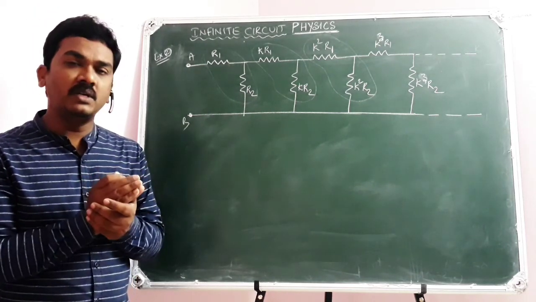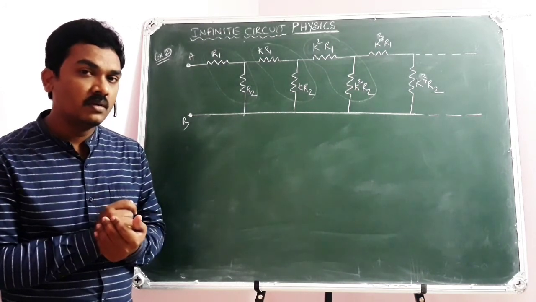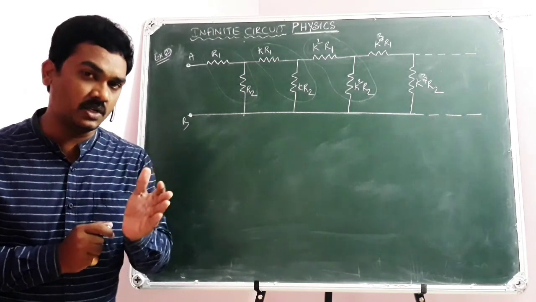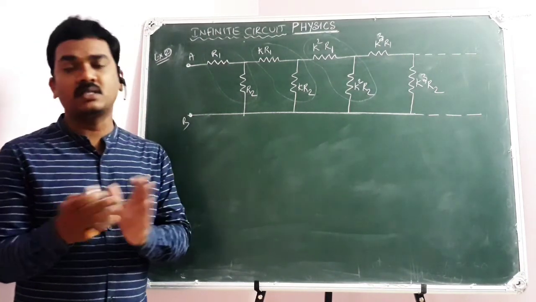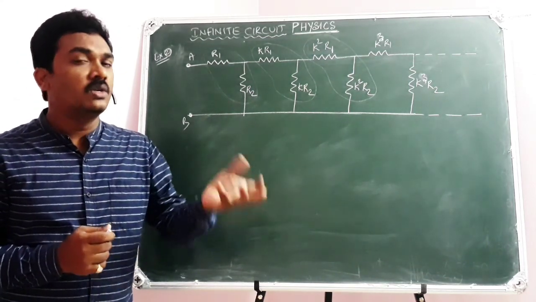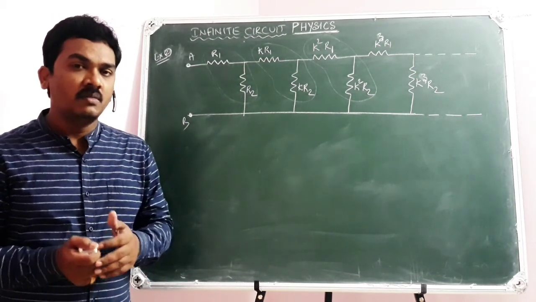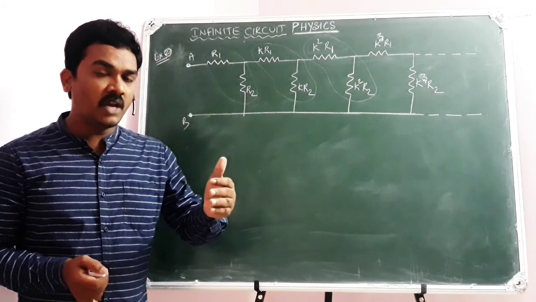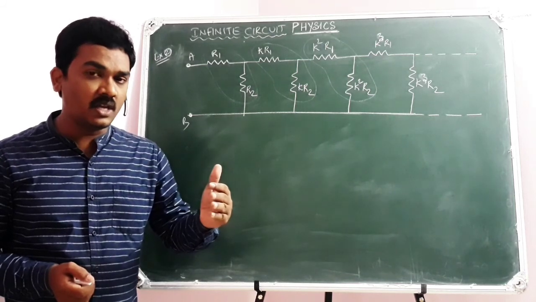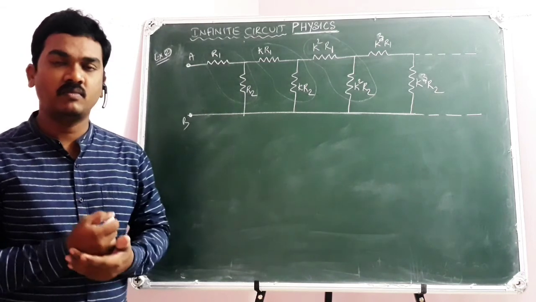Now, in that series combination, everyone is multiplied with K. Then equivalent resistance equal to KR1 plus KR2, then K of R1 plus R2. Means, compared to the earlier value, R1 plus R2, now the equivalent resistance increased by K times, K of R1 plus R2. Means when R1, R2 in series, equivalent resistance R1 plus R2. But now when each one is multiplied with K, now equivalent resistance becomes K times of R1 plus R2.